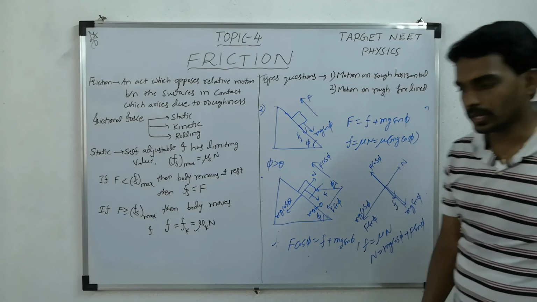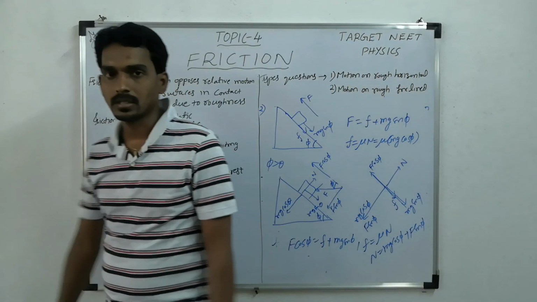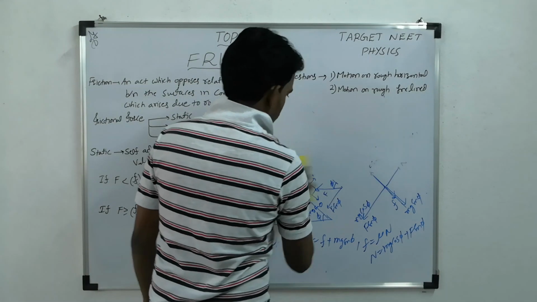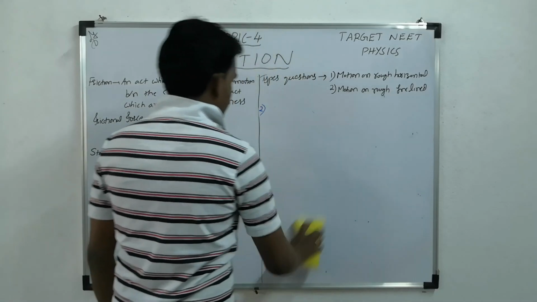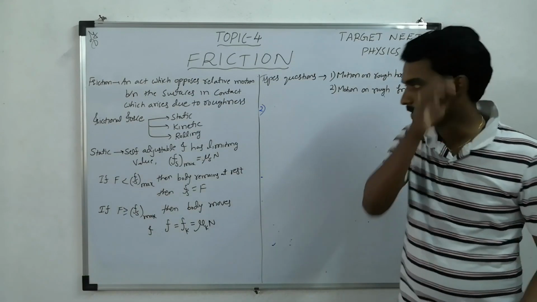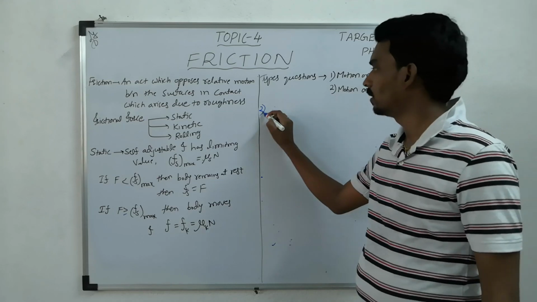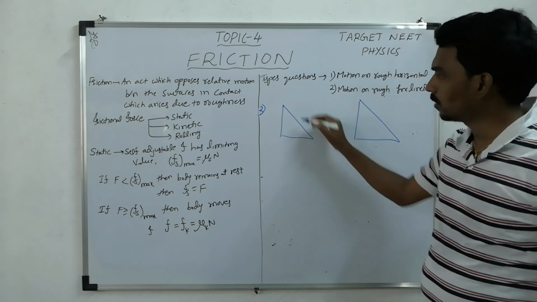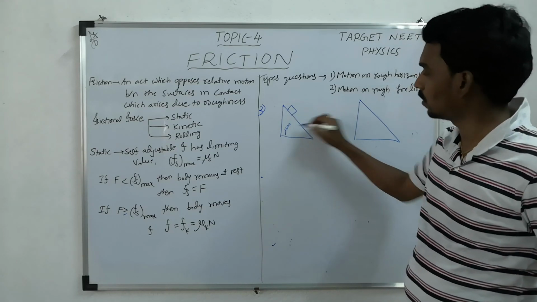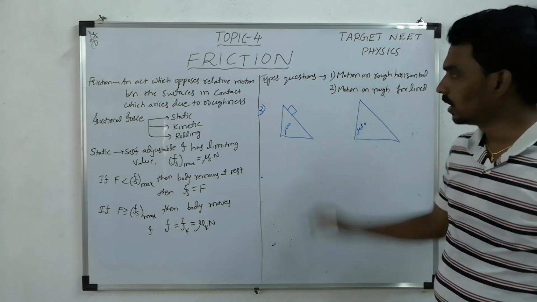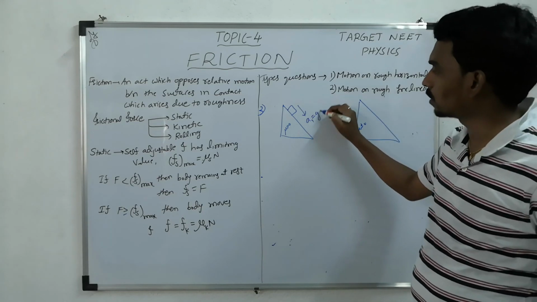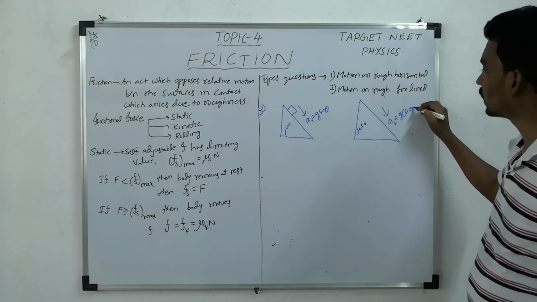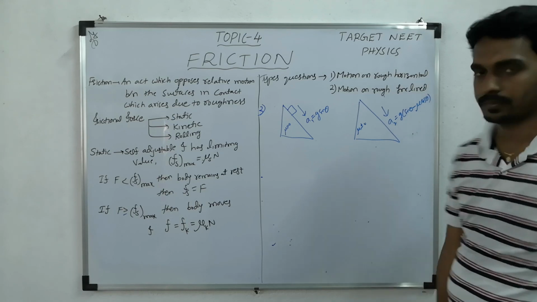So this is one more case based on rough inclined surface. Now one more question, I will explain based on the same rough inclined surface. Suppose this is one smooth surface, this is one rough surface. Now here you kept one block, so here mu is 0, here mu is not 0. Now here it moves with an acceleration a1 equal to g sin theta, here it goes with a2 equal to g into sin theta minus mu cos theta.